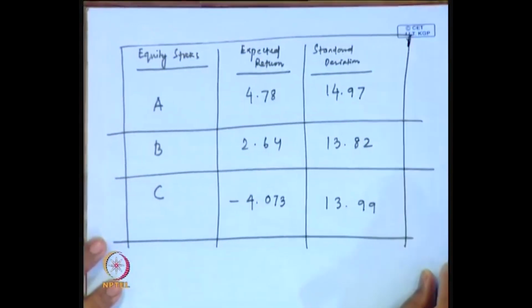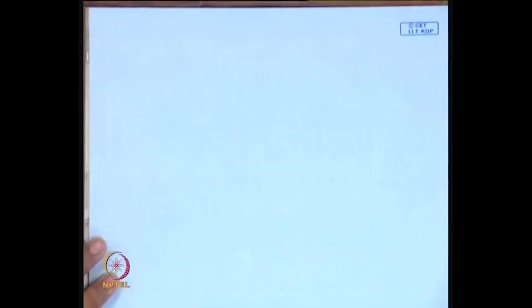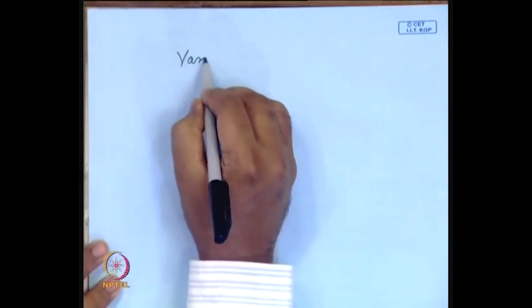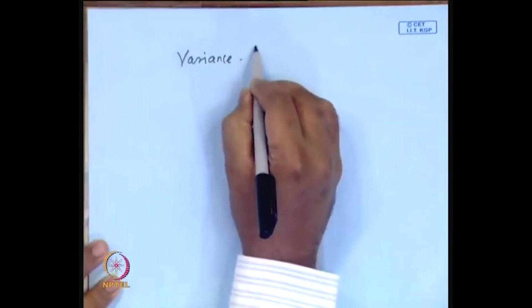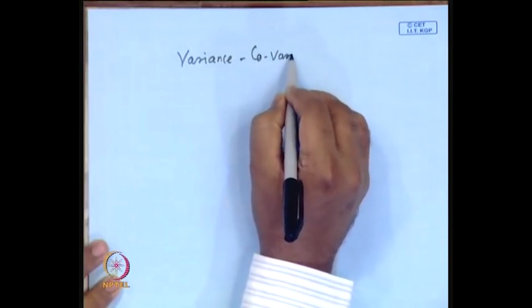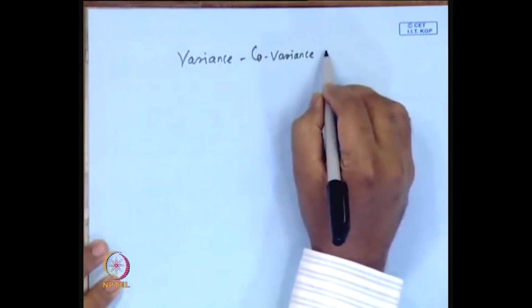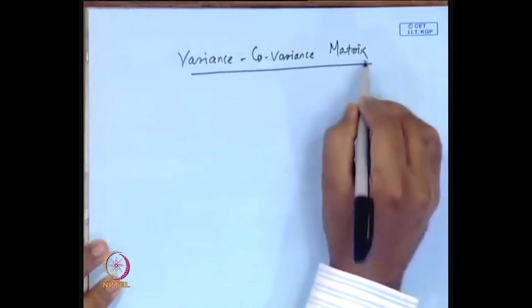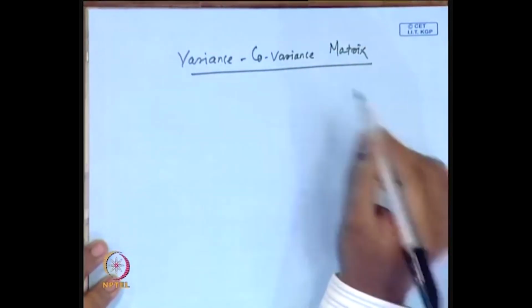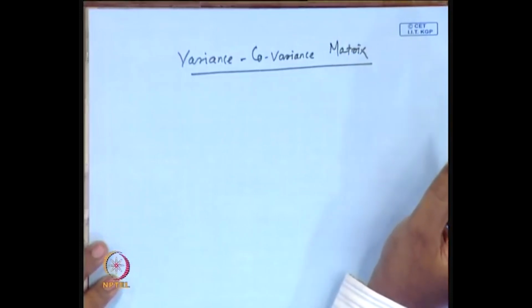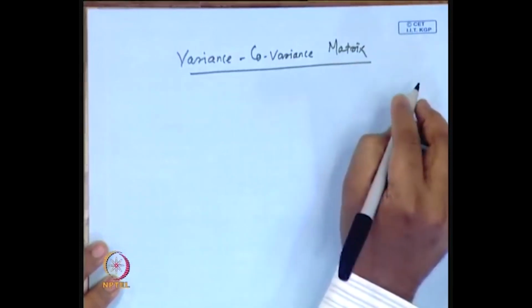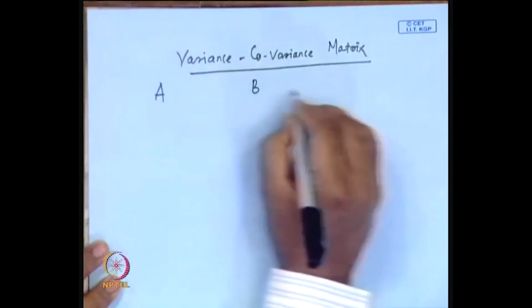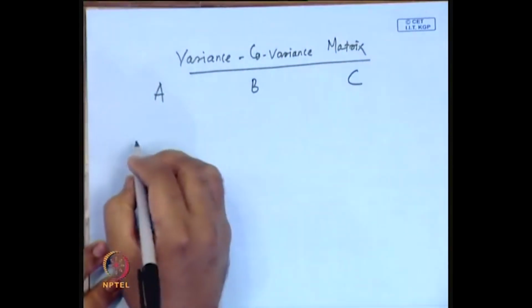So, this is the data which is given to you, and another data from there it will be calculated. I will give you the variance and covariance matrix of these three stocks, because these are the matrix we require to calculate the risk of this particular portfolio. If this is your A, this is your B, and this is your C, then this is